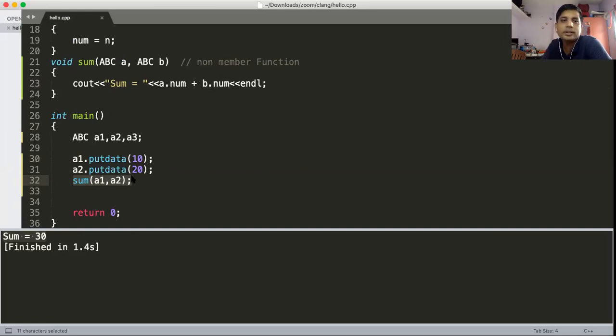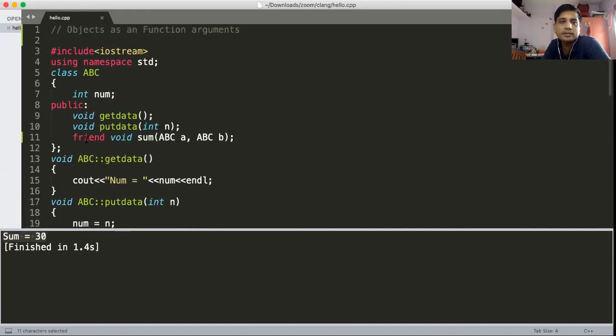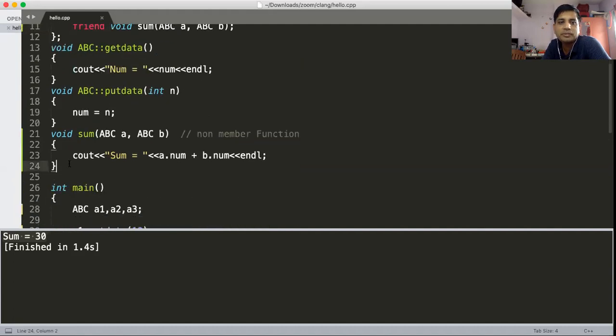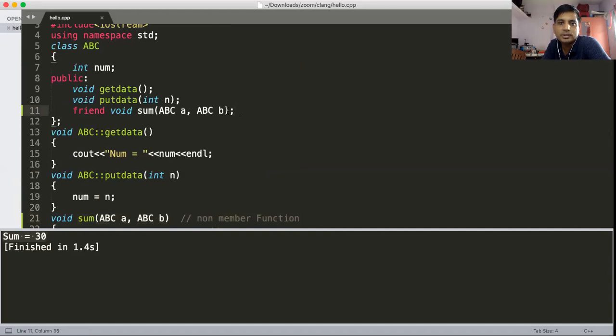How to declare the function as a friend function? Just add a keyword here. Write that prototype, and in front of that prototype there is a keyword. And always remember that a friend function should always be defined outside. It should not be defined inside. So definition of a friend function inside is not allowed.